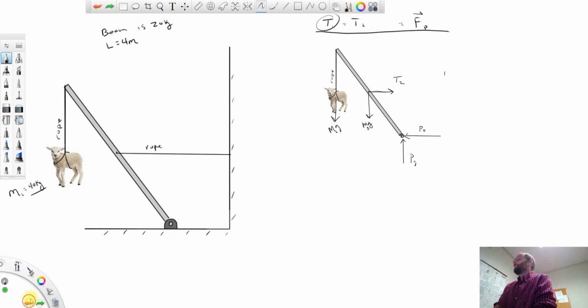So there are 3 contact forces on that beam. If we include the lamb as part of the system, then we have 2 mg's, one for the lamb, one for the beam, and then 2 contacts here and here. In any case, you really need to have all of the force vectors shown. All right, the next step, after we get the free body done, is to start writing equations. We can start with force equations, but